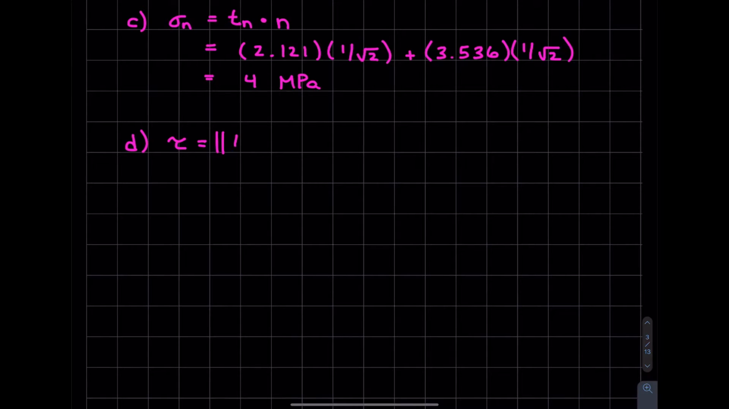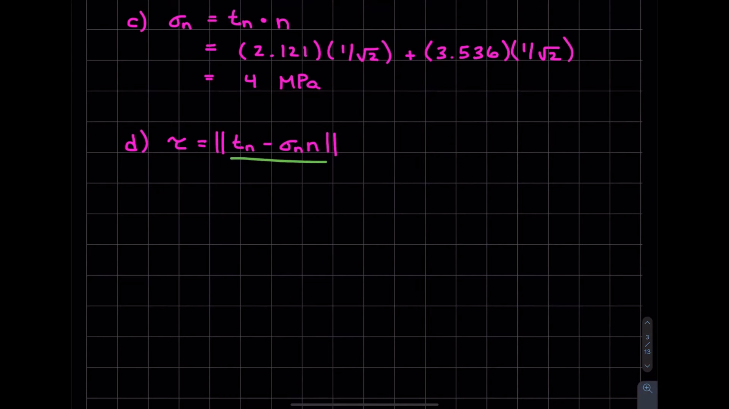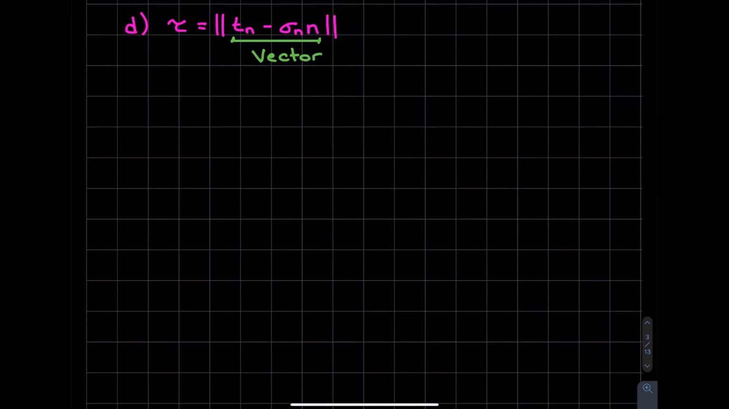norm of Tn minus sigma n times n. This one looks a little bit more scary because of those norm brackets, but it's actually not too bad. The thing we have to remember, and I'll switch to a different color, is that all of this inside here together is going to be a vector. And then all we're doing is taking the norm of that vector. So let's forget about the norm brackets and just look at what exactly Tn minus sigma n times n is